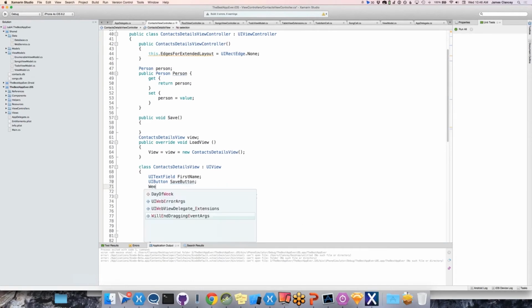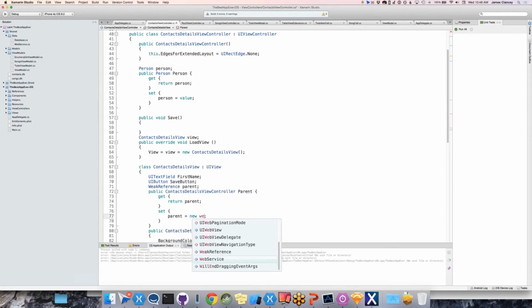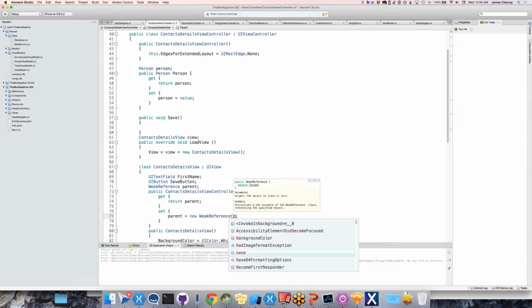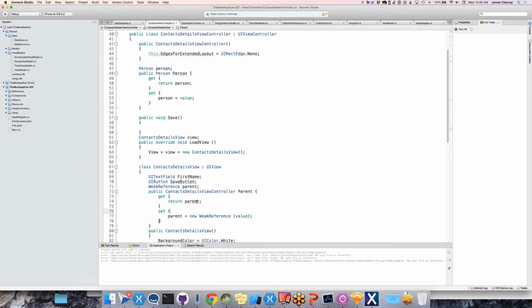Now you can also use a weak reference. When you set this, parent equals new WeakReference, and I'm going to pass in the value. And now I just do parent.Target as,